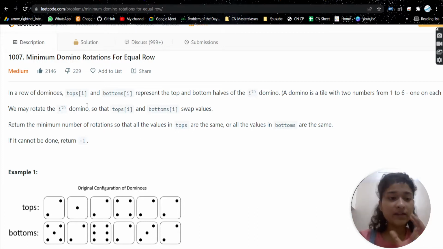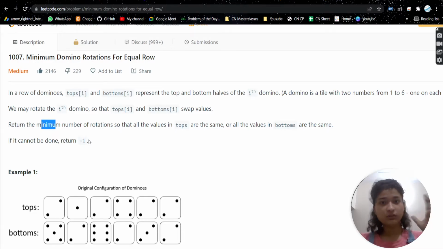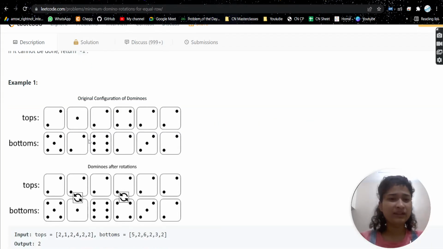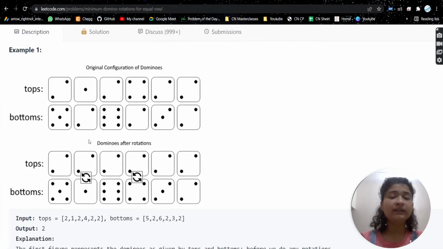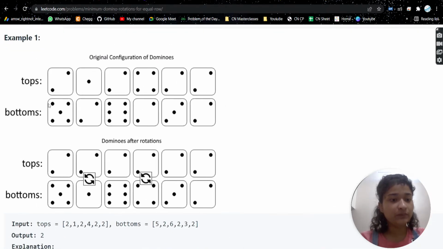So when, see guys, when there is a minimum, maximum, something like that, first of all think of a greedy approach. Okay, greedy approach. You will understand what's greedy and how we can think of that. When there is a minimum or maximum, usually we apply greedy. And if not greedy, then dynamic programming comes. But first of all, always think of greedy. Okay, so see here what we can do.